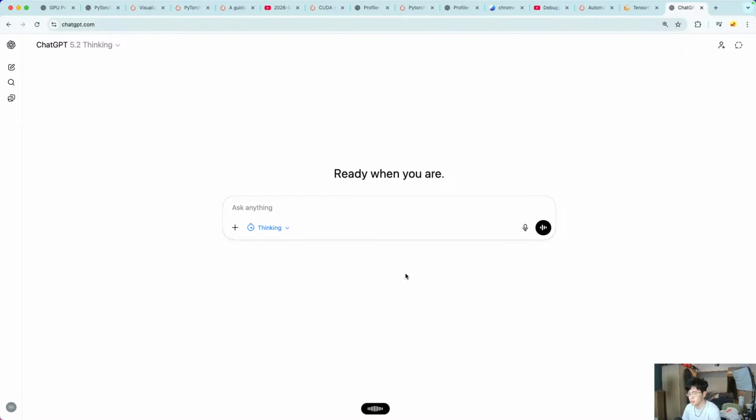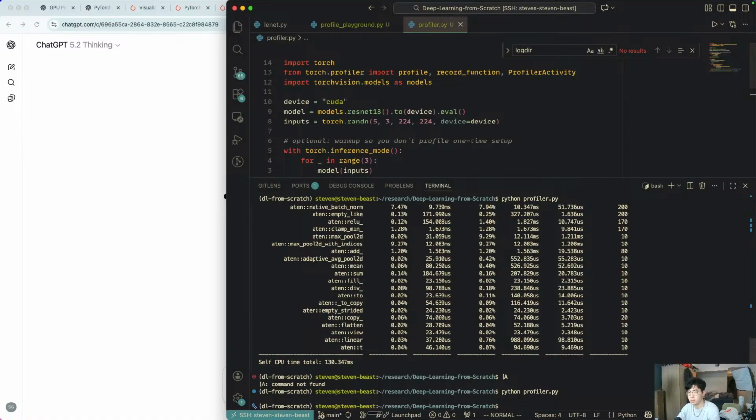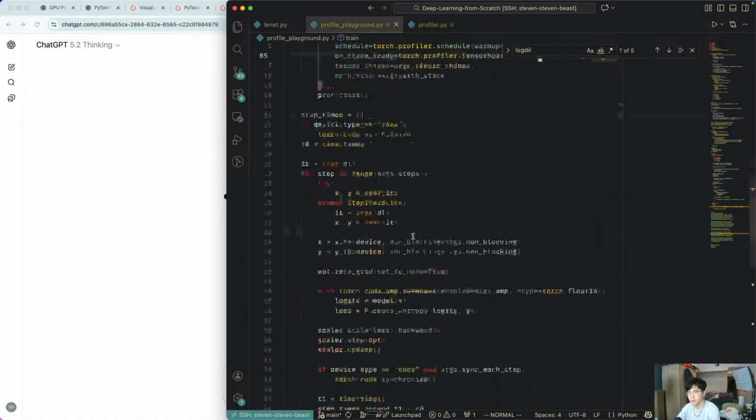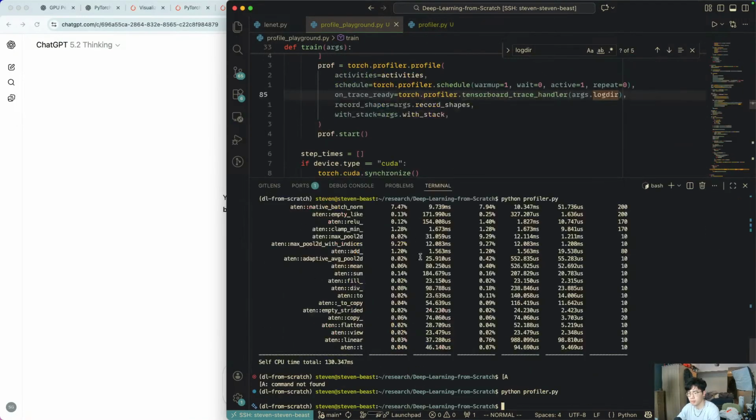In our case, okay, is that sort of how you look at it? You should be able to see a copy from CPU to GPU, right, through the profiler. Is that sort of how it works? Right. So in our profile playground,